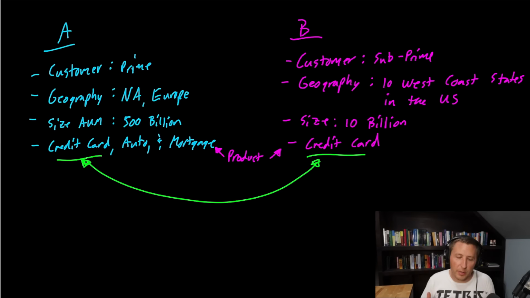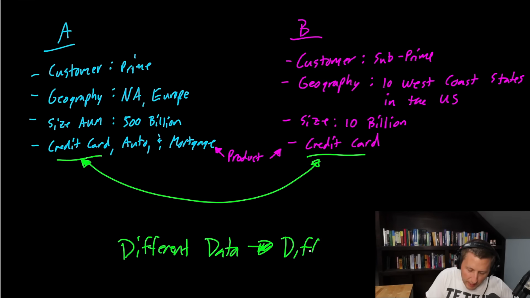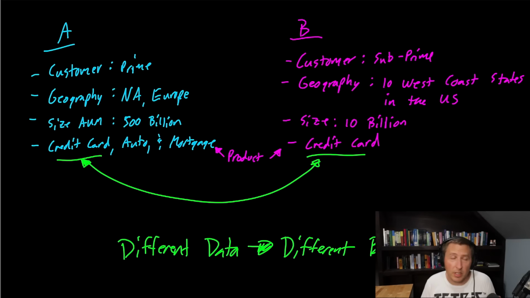So let's do an investing example here for a second as well. But really the takeaway I want you guys to get is different data has different behavior. And when I say behavior, I'm going to say design, structure, implementations, looking at this from a math and stats perspective, right? The distributions of the variables that you have are going to be different. You might have income in both data sets. The customers are different. The distributions are different. You might be modeling a dependent variable like losses, for example, or recovery rates or interest rates or something else. They might be vastly different based on the practices of the bank and the data that you have.